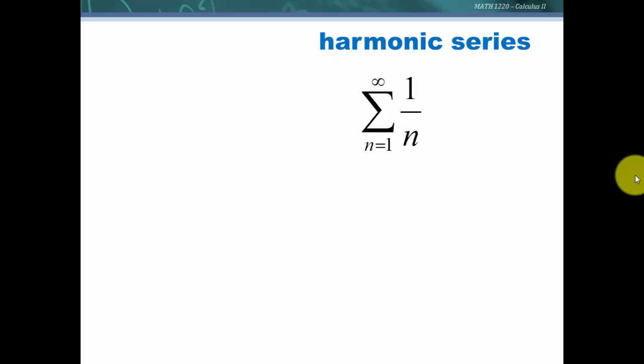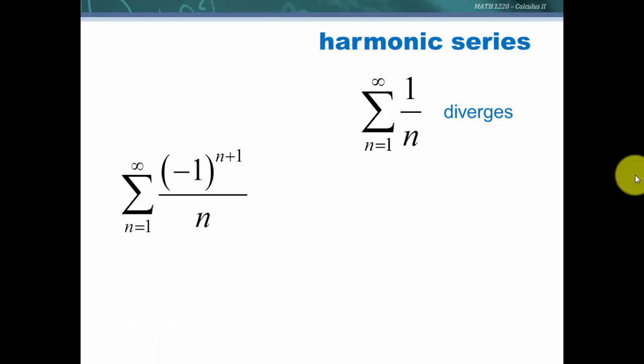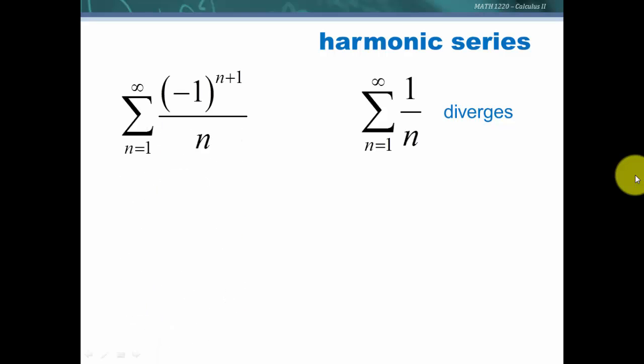Alternating series. If we looked at the harmonic series, we know that that series diverges. What if we looked at what is called the alternating harmonic series? How is this different? We can see that this has this (-1)^(n+1), and so if